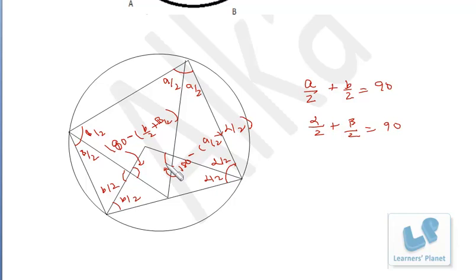Right? Now if we add both of them, these are opposite angles. So if we add both of them, we'll be getting 360 minus (alpha by 2 plus A by 2 plus beta by 2 plus B by 2). That is 180. From here we can see, if we add both of them, we'll be getting A by 2 plus alpha by 2. So precisely the sum of these two angles is 180 degree. Similarly, the sum of these two angles will also be 180 degree, because a quadrilateral has to have a total angle sum of 360 degree, right? So if the opposite angle sum is 180 degree, it will definitely be a cyclic quadrilateral.